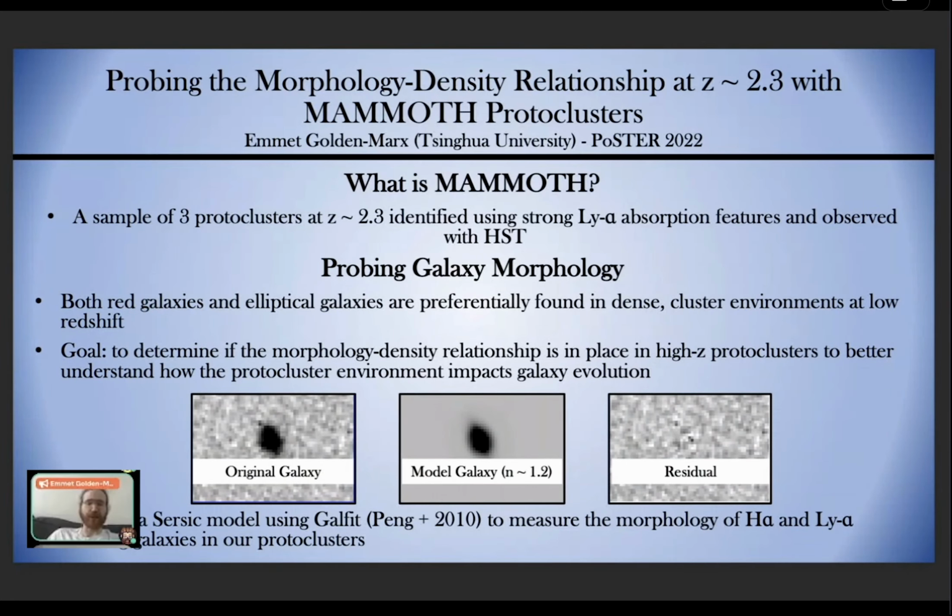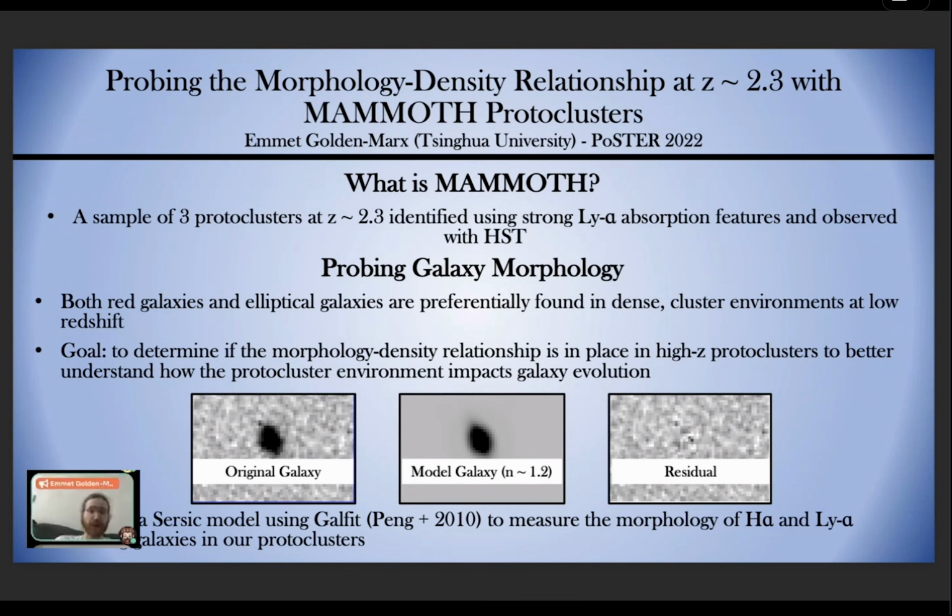I am a postdoc at Tsinghua University, and today I'm going to give you a brief introduction to probing the morphology-density relationship at Z of 2.3 with MAMMOTH protoclusters. So just to introduce, MAMMOTH is a sample of about 3 protoclusters at redshifts 2.3. Each of them were identified using strong Lyman alpha absorption features, and each field has been observed with HST as well as a large subset of other bands, but I'm going to be using the HST observations to probe the